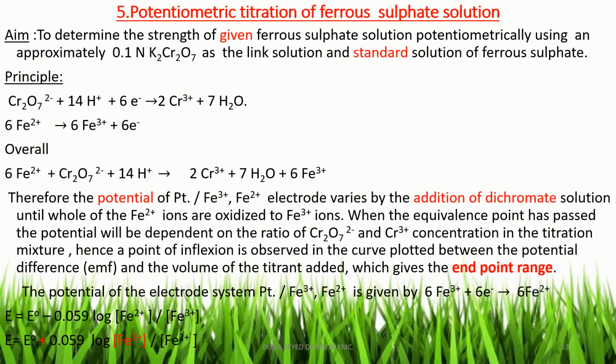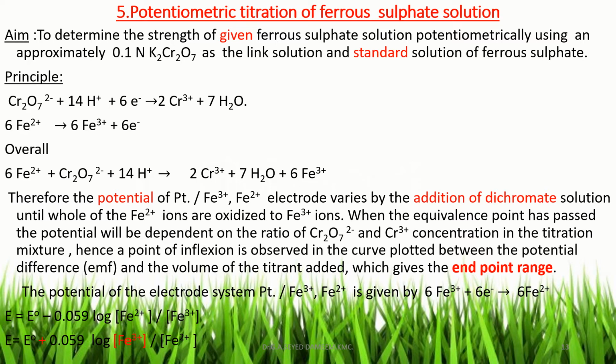And the principle behind the experiment: the reaction between dichromate and ferrous is given in this slide, and the potential of the platinum electrode depends initially on the concentration of Fe2+ and Fe3+. After the complete neutralization of Fe2+, there is no formation of Fe3+. So after the endpoint, the potential of the electrode depends upon the concentration of Cr2O7 2- and Cr3+. So there is a sudden change in the EMF near the endpoint,